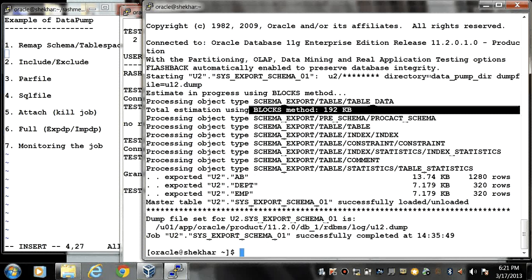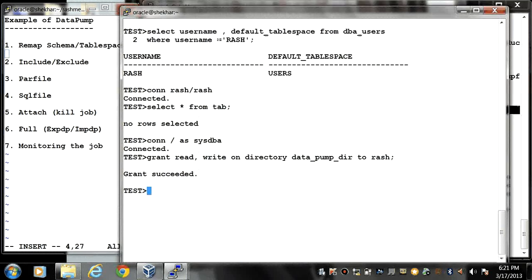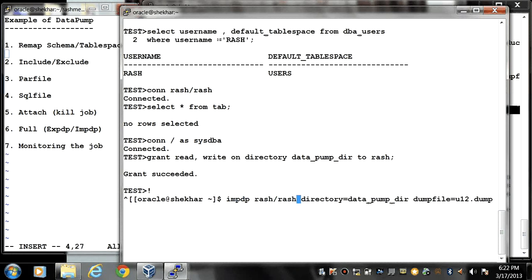Now I am going to perform the import. Here I have to fire the import job: impdp, username is rash, then the directory clause, then the dump file, and then I need to write remap_schema is equal to u2:rash.